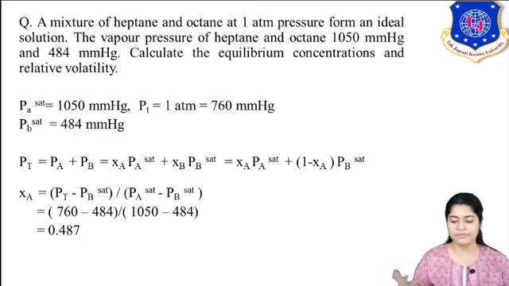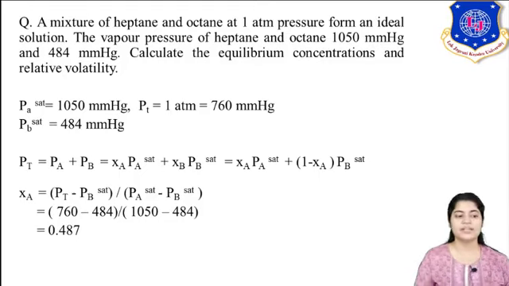So now I have the data of vapor pressure and total pressure. Now substitute the values here. What is your total pressure? Remember Dalton's law. It is the summation of partial pressures. So PT is PA plus PB. Now using Raoult's law, instead of PA I substitute XA PA sat, so XA PA sat plus XB PB sat. What is XB again? 1 minus XA. So that way I developed another equation.